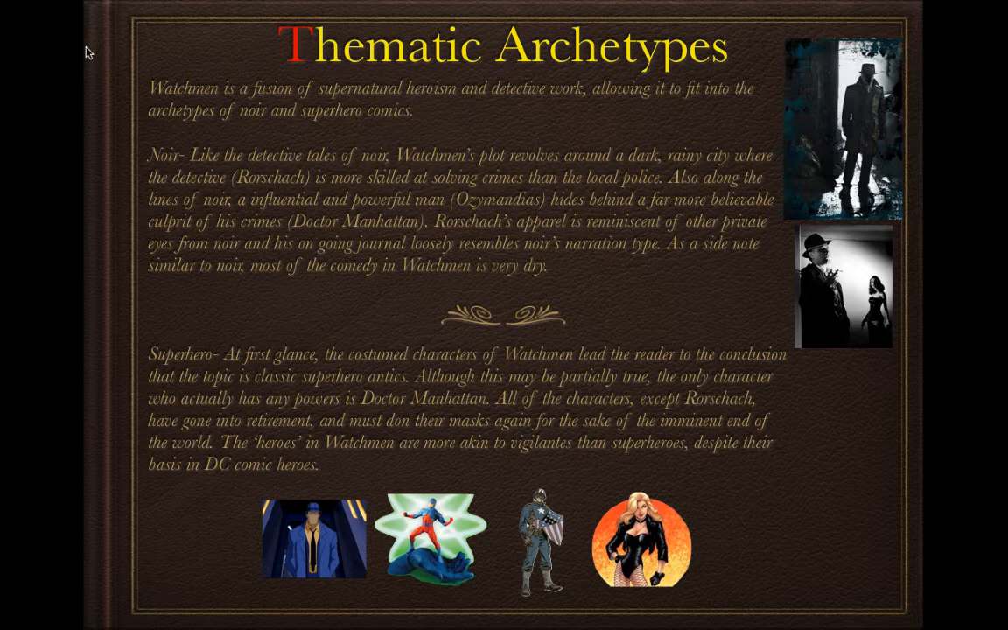Like the detective tales of noir, Watchmen's plot revolves around the dark, rainy city where the detective Rorschach is more skilled at solving crimes than the local police. Also along the lines of noir, an influential and powerful man, Ozymandias, hides behind a far more believable culprit for his crimes, Dr. Manhattan. Rorschach's apparel is reminiscent of other private detectives from noir, and his ongoing journal loosely resembles